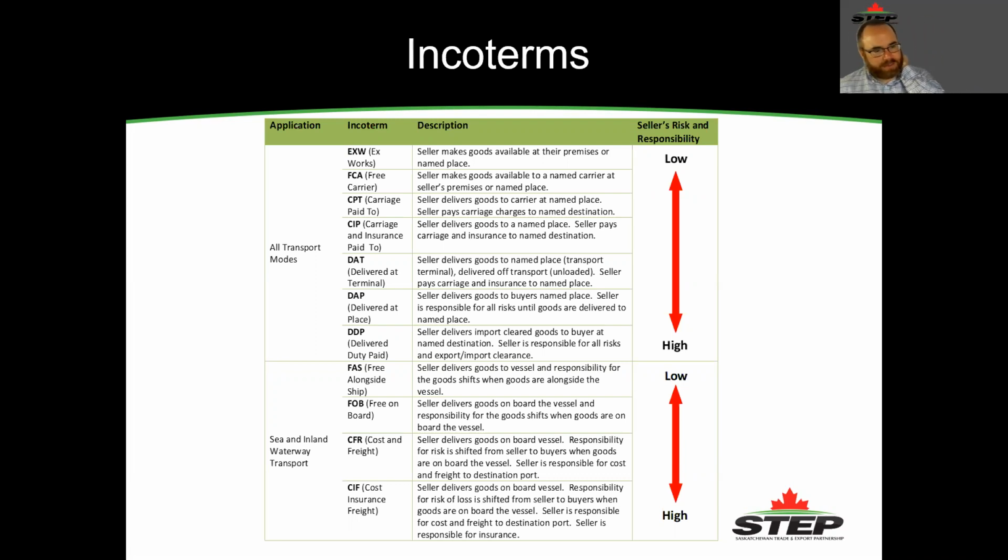And when you're making these agreements in trade, you really do need to figure out, it really is a balance of how badly you want to make the sale, how much work you want to do, and what you're willing to do, and charging for that accordingly. So at the very simple end, you do something called EXW, which is Ex Works. And basically, as the exporter, all you need to do is make that product available at your door. And then the importer is required for everything from shipment to the border, customs clearance, to shipment to their place.